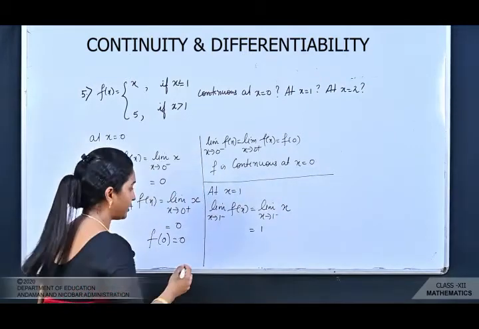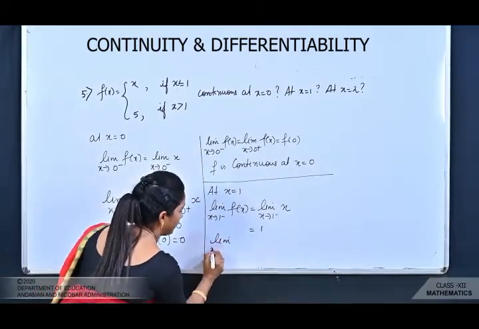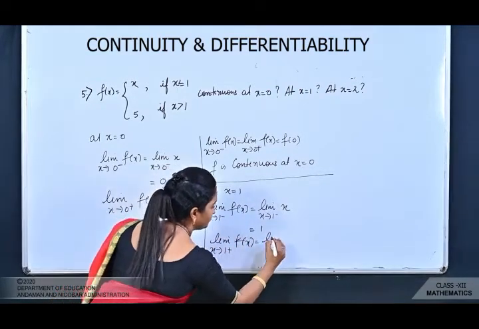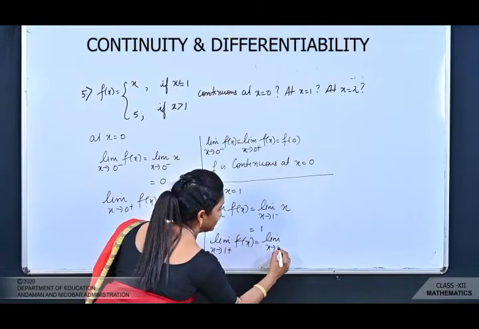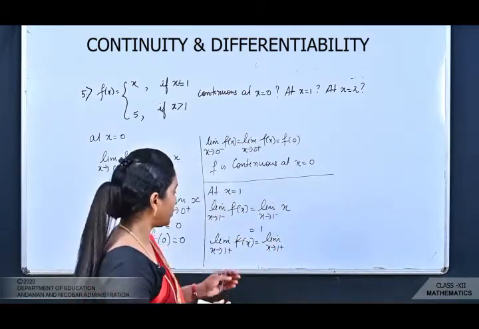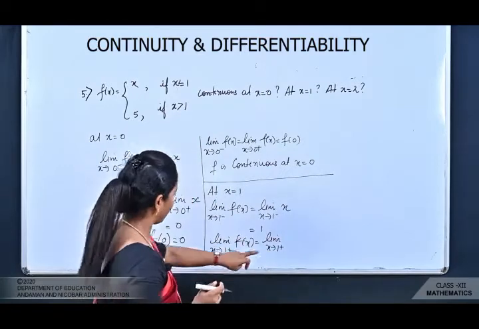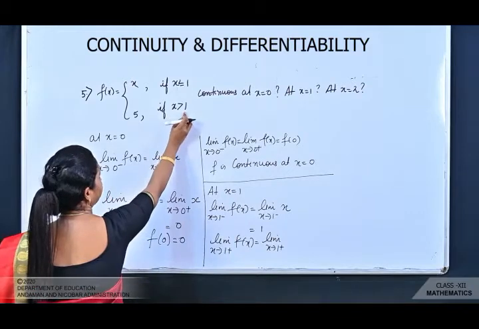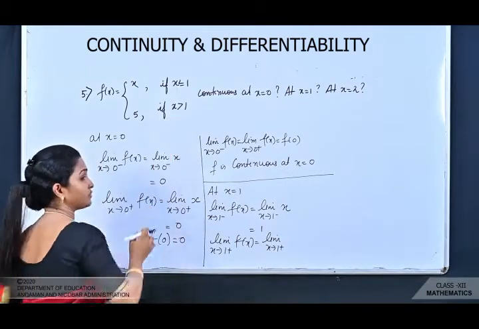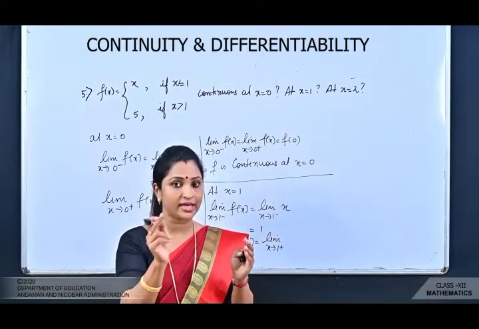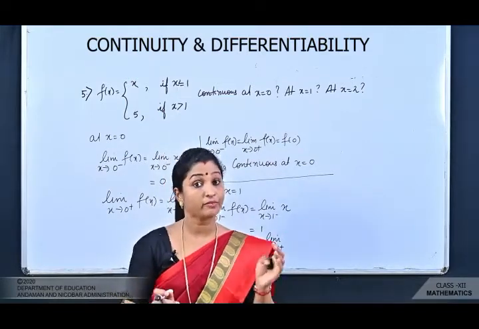Okay, now when you take limit x tends to 1 plus, the right hand limit, that means approaching 1 from the right hand side. So when you approach 1 from the right hand side, you will see here the condition x greater than 1. What is the meaning of this? 1 की तरफ अप्रोच हो रहा है फ्रॉम द राइट हैंड साइड, ठीक है. और जब लेस देन आता है तो 1 की तरफ अप्रोच हो रहा है फ्रॉम द लेफ्ट हैंड साइड.